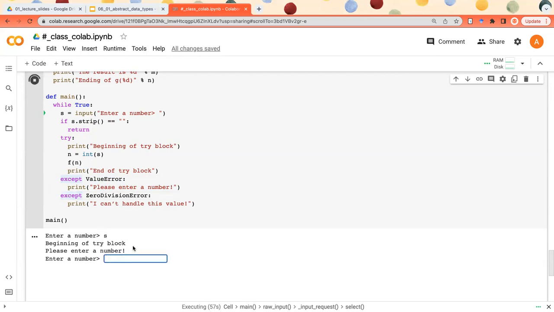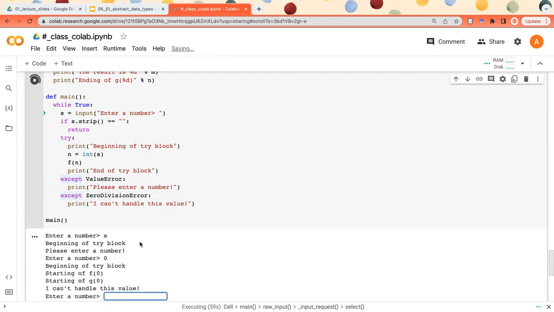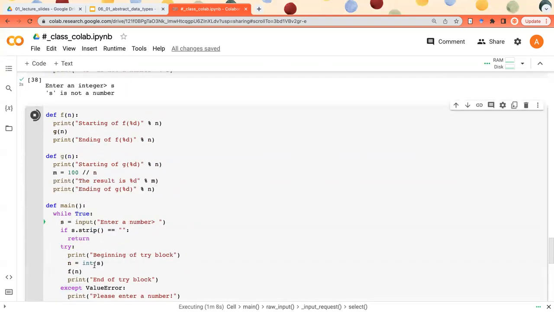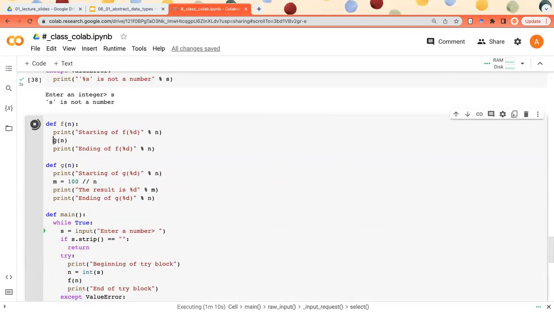Okay, let's input some 0. And it says, it first goes to the beginning of the try block, and then it starts to run the f. And it calls g function. And it says starting of g